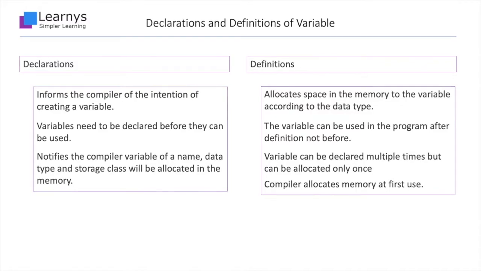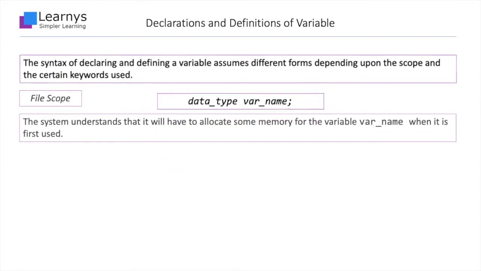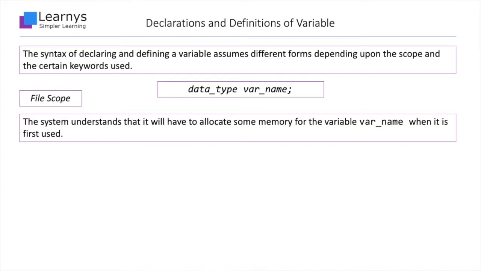The syntax of declaring and defining a variable assumes different forms depending upon the scope and the certain keywords used. We will be talking about the keywords later. Right now, let us consider the syntax to declare a variable, which is this. If the above syntax is used in the file scope, it acts as a declaration statement. The system understands that it will have to allocate some memory for the variable var name when it is first